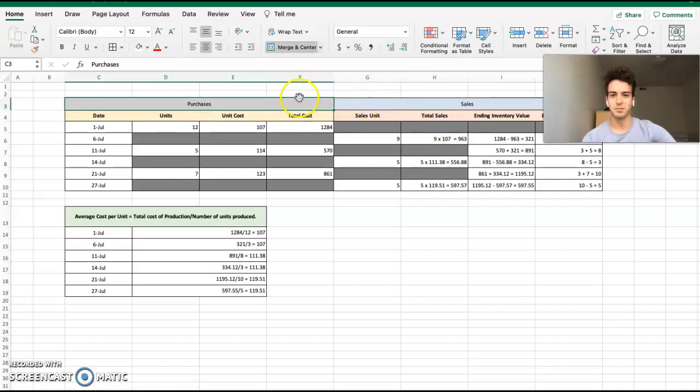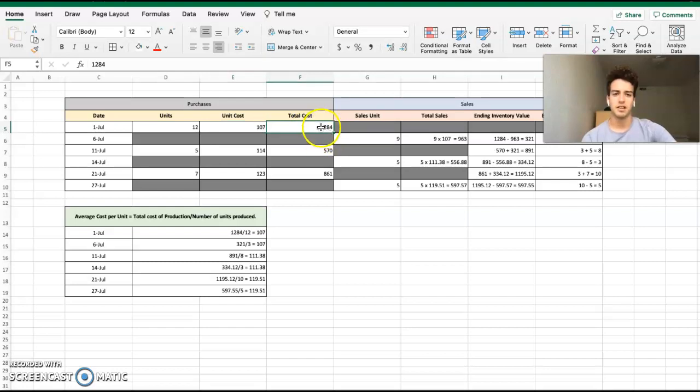So to better understand, let's break it down into purchases, what the company is purchasing, and what we're selling, so the sales end of it. So the first one is fairly simple. We have 12 units that we bought at the cost of 107. If we multiply these two together, we'll get a total cost of